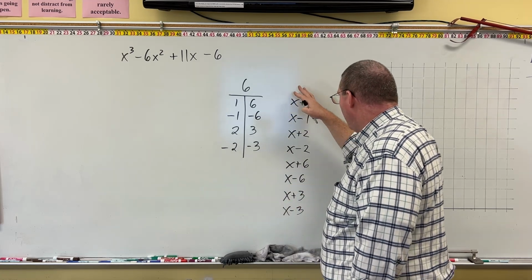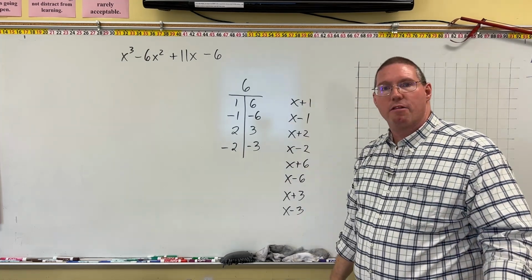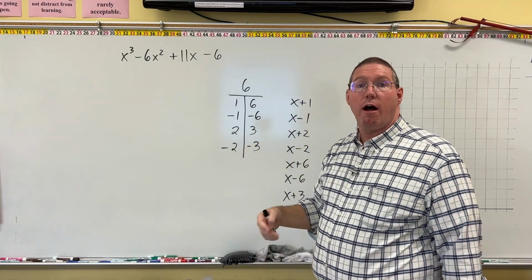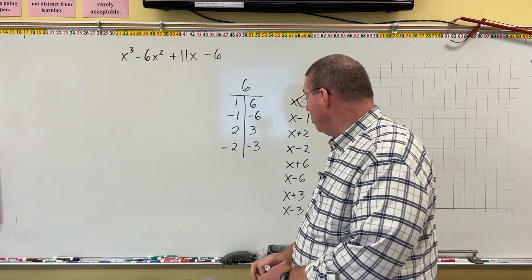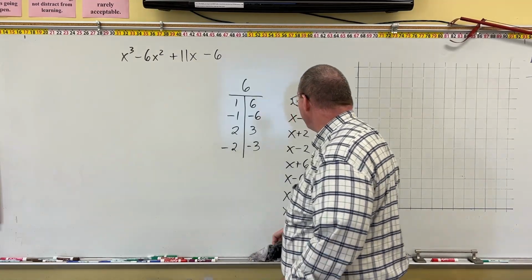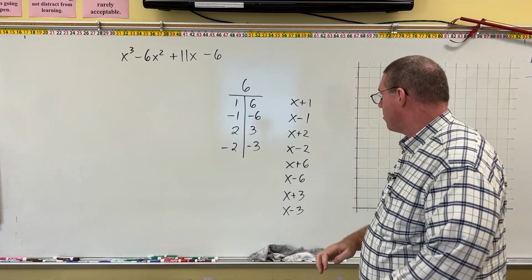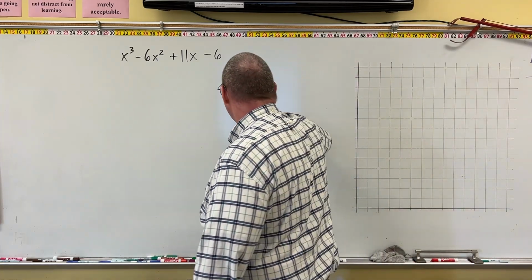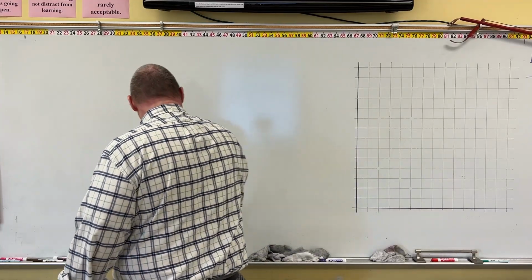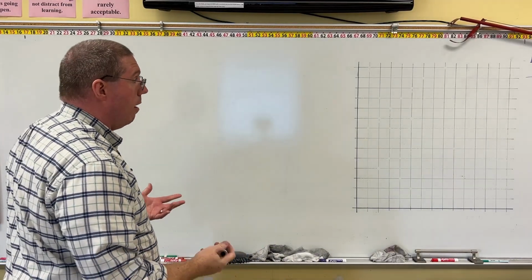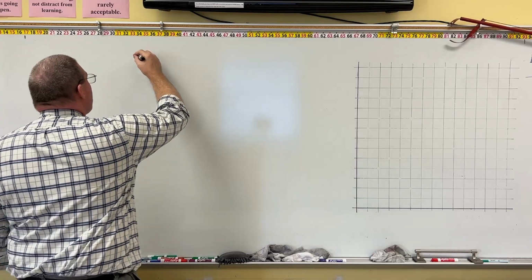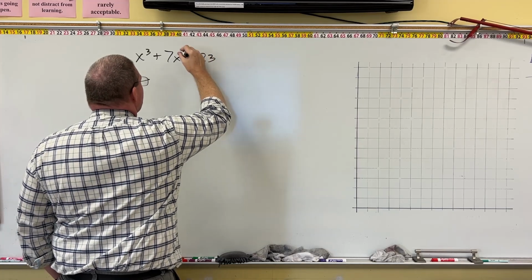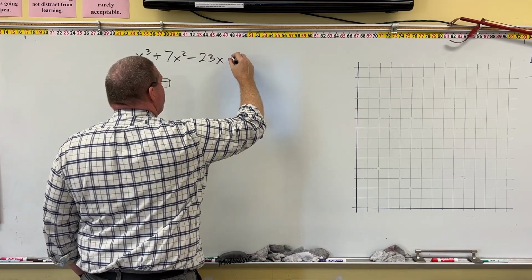So here's a list of a limited set, only 8 possibilities that you can divide this by and get a remainder of 0. And what I want you to be able to do in this lesson is identify all the possibilities of what you can divide by. And so in the questions that follow this video, I'm going to have you simply identify a bunch of x plus and x minuses. So let's say that we had x cubed plus 7x squared minus 23x plus